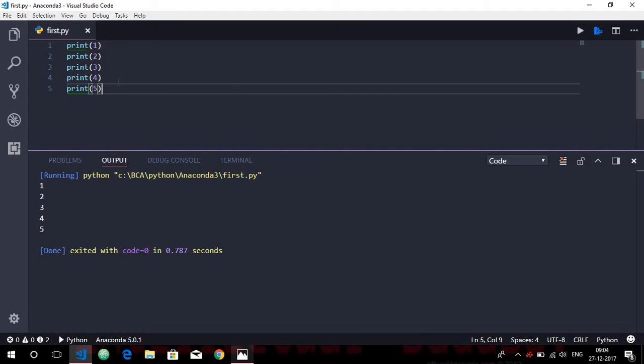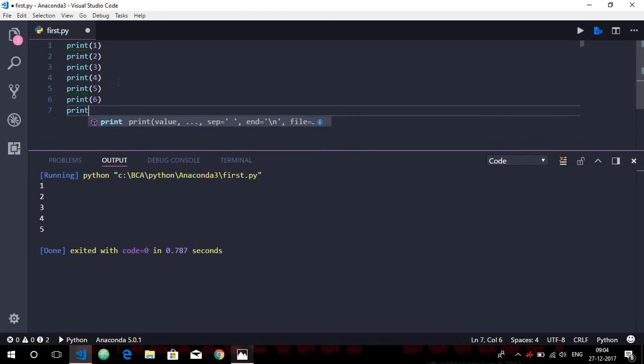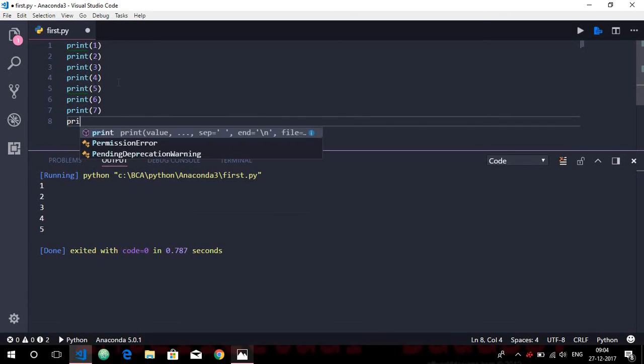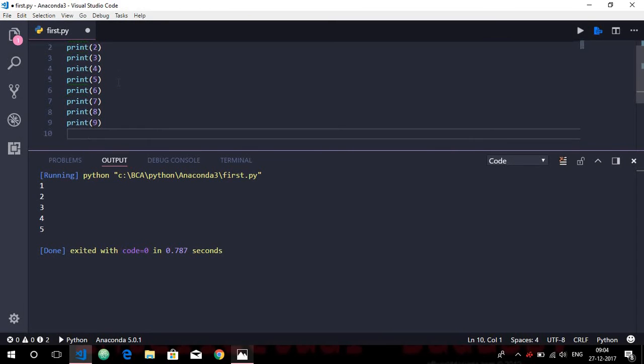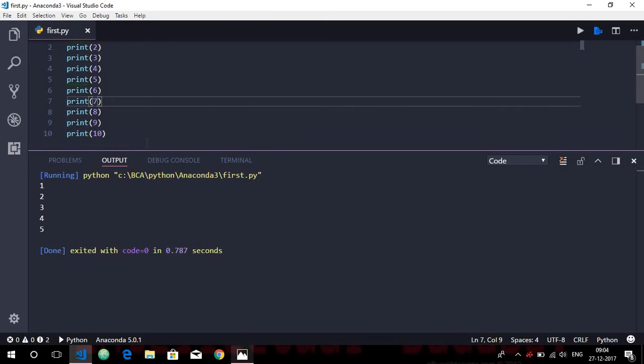Now we have to generate a sequence starting off from 1 up till 10. So we need to increase the lines of code like print 6, print 7, print 8, print 9, and print 10. This approach is quite time consuming and it takes up 10 lines of code, but with the help of loop